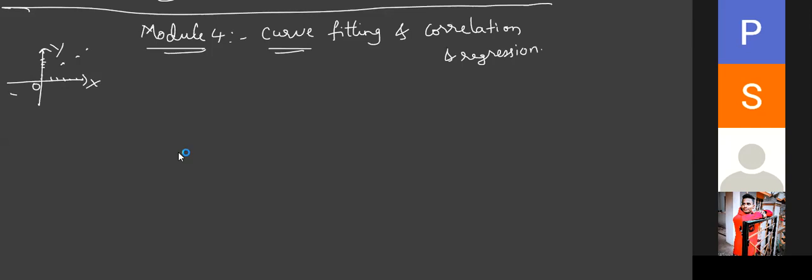Then I want to get a curve, which is a smooth curve. So I have to just join these points. If I want to join it exactly, it will be a zigzag curve, so it is not a smooth one. What we have to do? Suppose this is the curve you might have obtained. Now, there is even some point outside this curve also, isn't it? Have you faced such a problem?